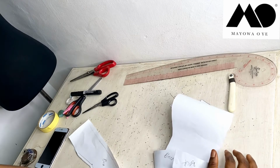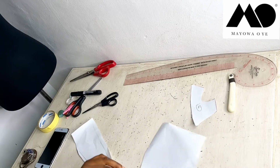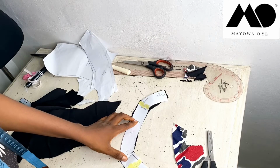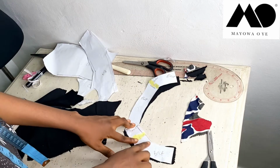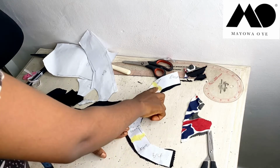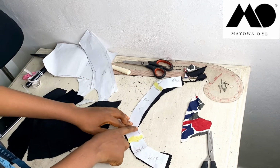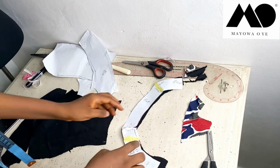So I'm just going to cut all of this out now out of my fabric, and then I'll join it together just so this paper doesn't confuse you too much. But I know you can get it out of what I just did. So these are my cut out pieces. Remember to notch this part. This represents the sleeve, this represents another sleeve point, this is the front back, this represents the shoulder point. So remember to notch this part on your fabric like I've done. I already notched it here, and then you notch this sleeve part also, or you mark it, whichever one, and then you also notch this point here. So once you are done with that,